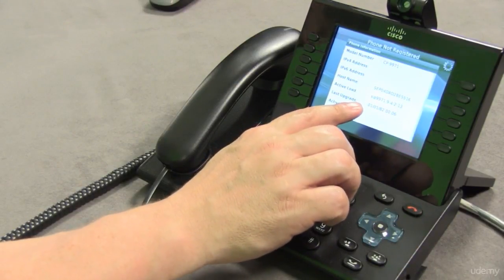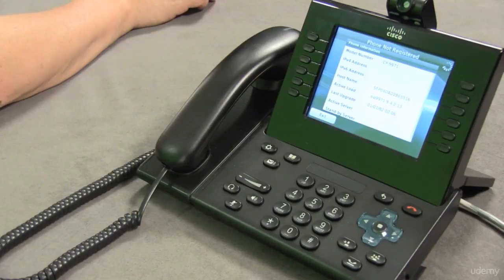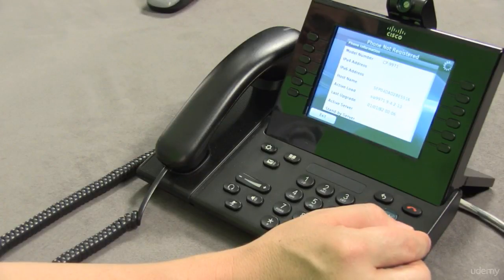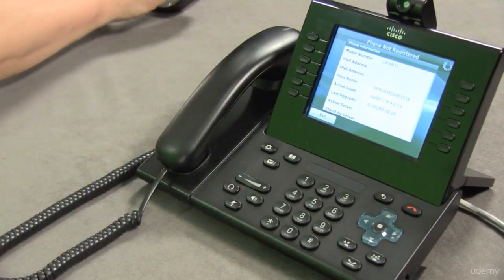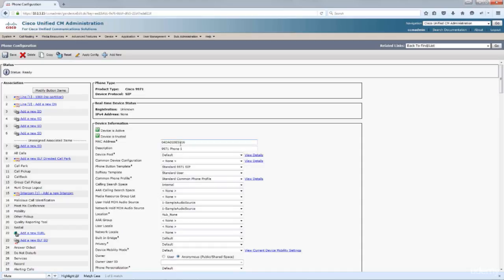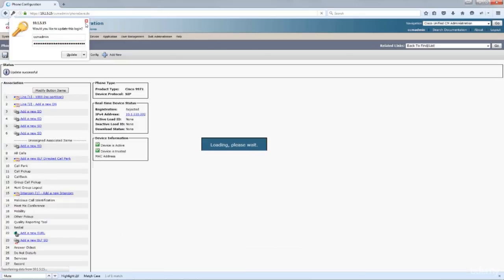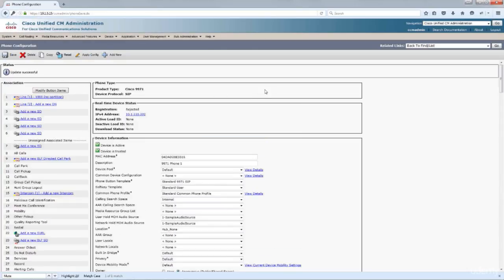Let's just confirm the MAC address. 04DAD 2BE5516. Oh, we've got a typo there. That's why. So let's go ahead and save that. All right. Now we do see the phone now as being recognized